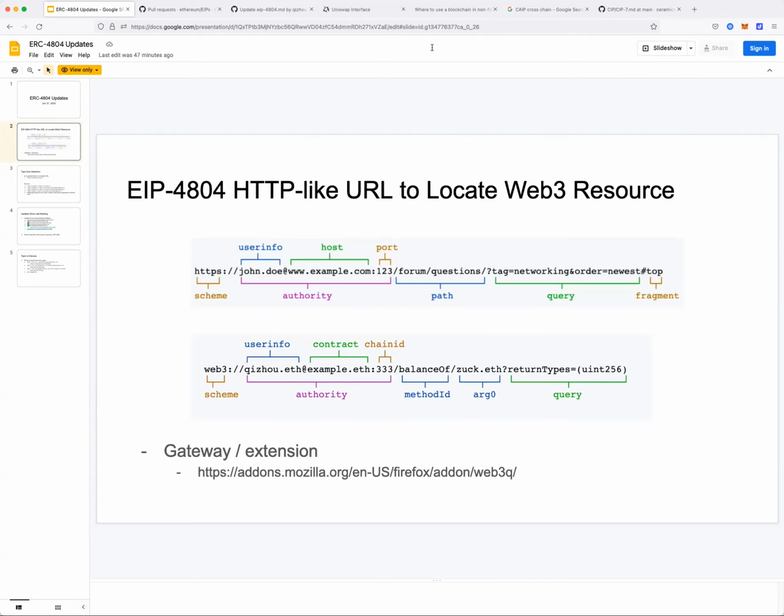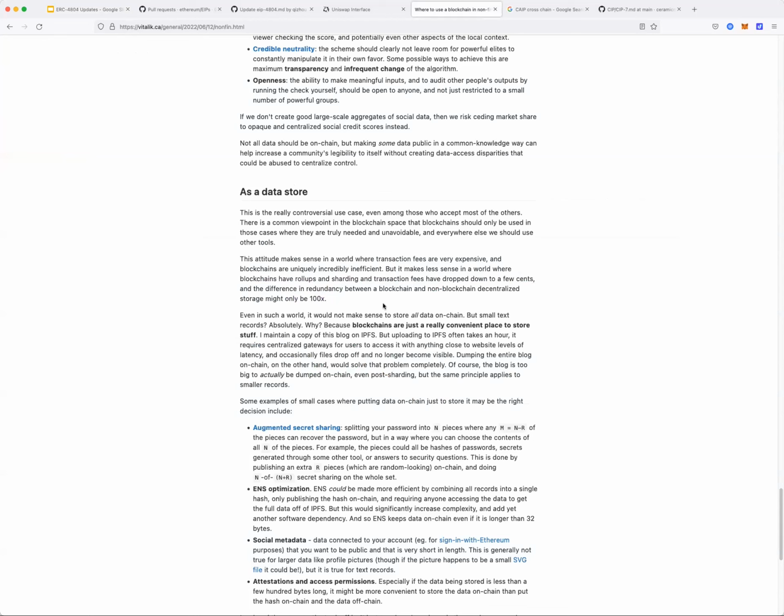That's something that we would actually pursue: you can use an EVM contract as a backend that is able to store, for example, web pages, JSON, JavaScript, or even blogs, or even tweets, as Charlie also mentioned here.